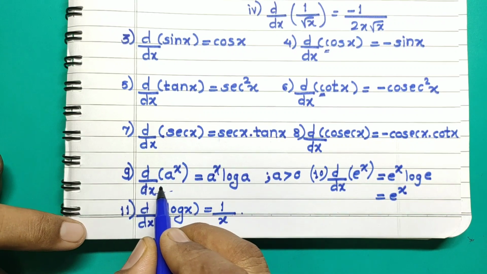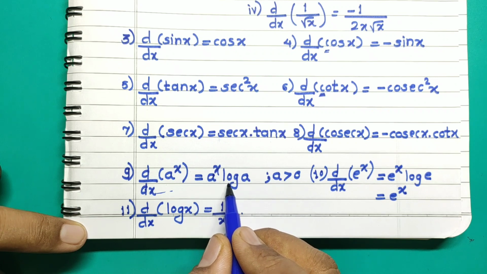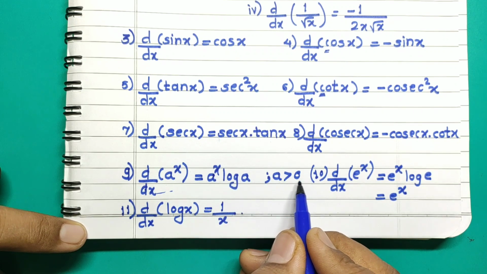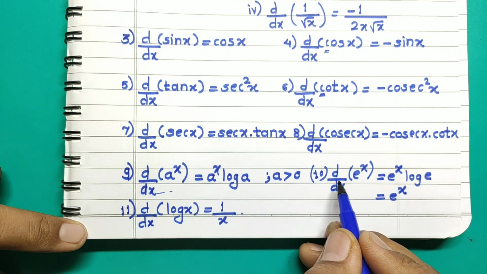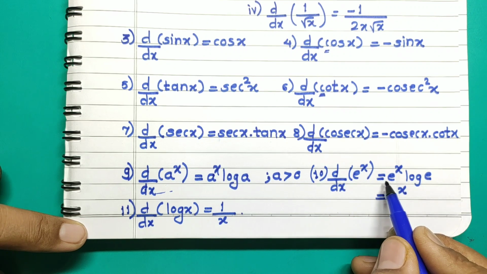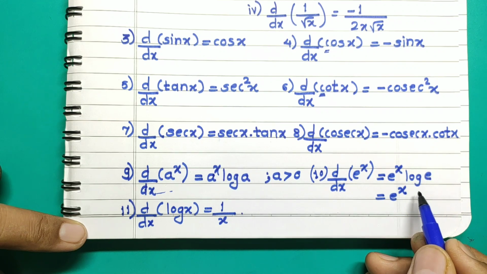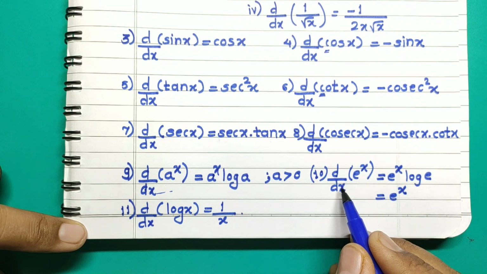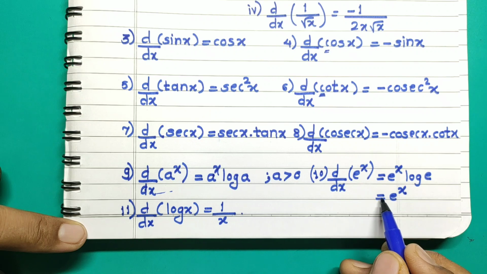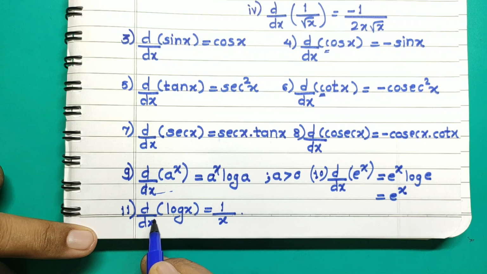Now let's go to derivative of exponential function. So derivative of a raised to x is equal to a raised to x into log a. Here a is greater than 0, and the subcase of it is if a is equal to e, then it gives derivative of e raised to x as e raised to x into log e. We know that log e to the base e is 1, so it is just e raised to x, and it's a very simple formula to remember that derivative of e raised to x is e raised to x again. Then lastly, derivative of logarithmic function, that is derivative of log x, is 1 upon x.